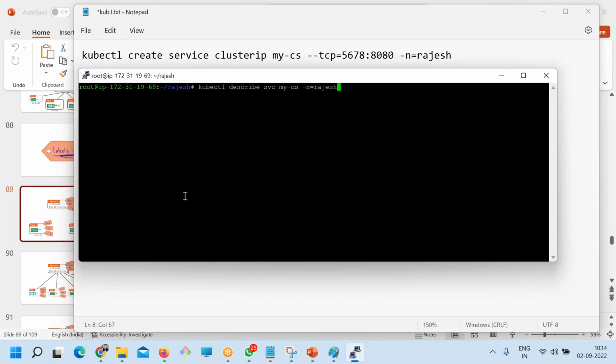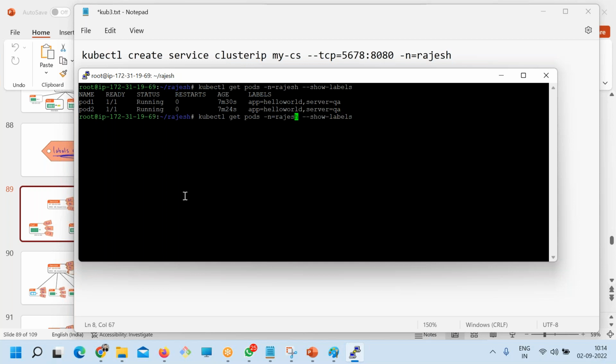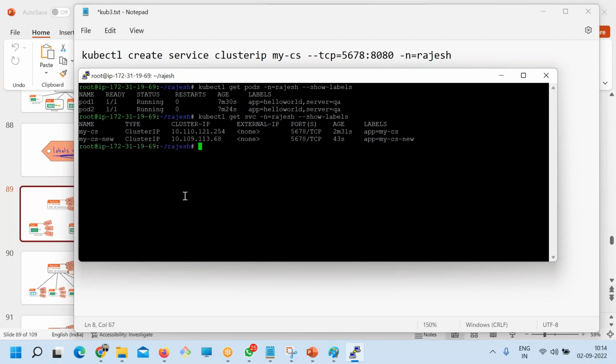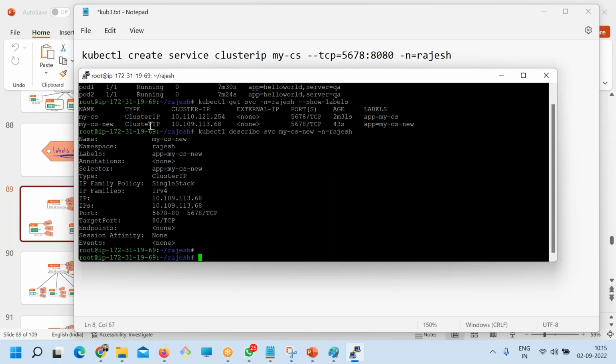So guys, this is the labels of the pod, and this is the label of the service. Tell me, is it matching? And this is the describe. The new one I'm using, okay?